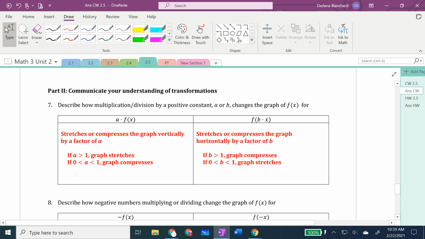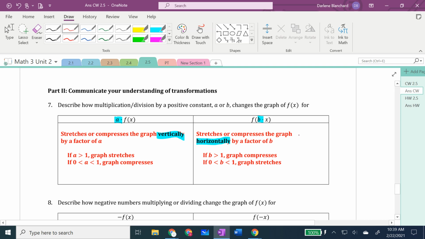The multiplication or division outside the function stretches or compresses vertically, and it does multiplication. But if you see multiplication inside, that stretches or compresses horizontally, but